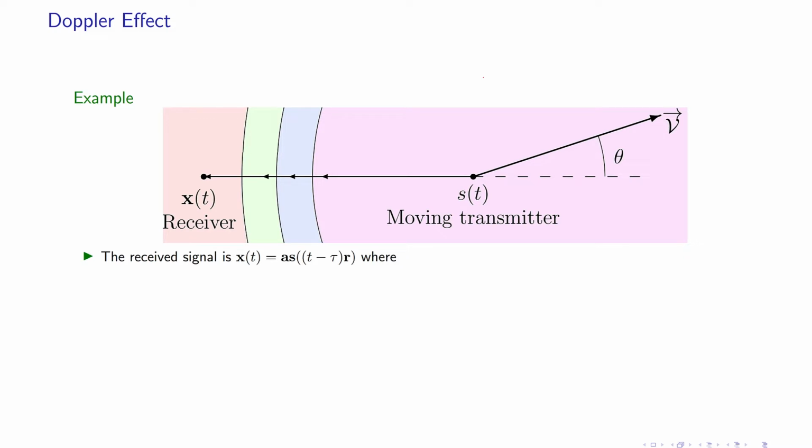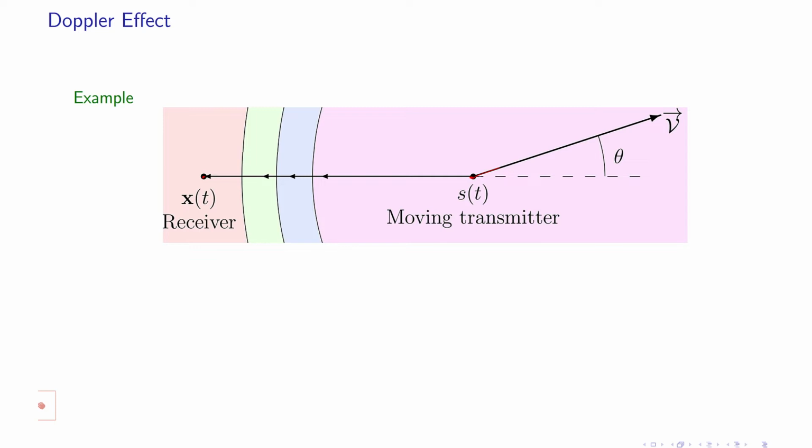So if a moving target, moving object is transmitting a signal S of t, this signal is propagated in all directions, like 3D, and then your receiver at a given point receives a signal. Now suppose that either you or your transmitter are moving. So if you're moving